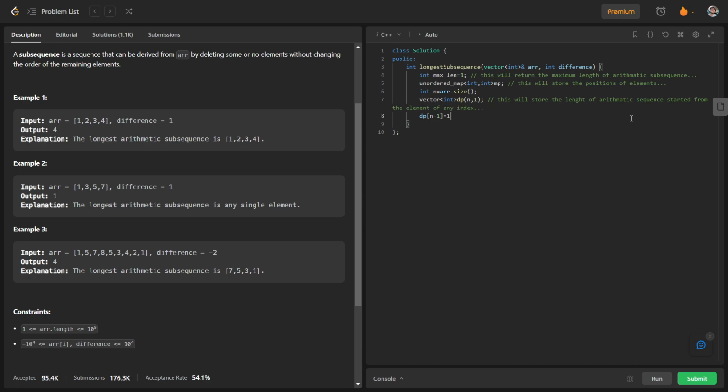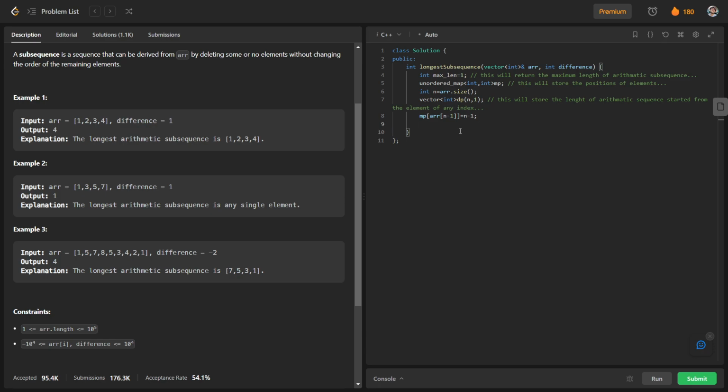You can see that this whole vector has been initialized by 1, because for each index we can have that single element as an arithmetic sequence. So no need of doing this. Instead, we will store the position of the last element: mp of arr of n minus 1 will be nothing but n minus 1.